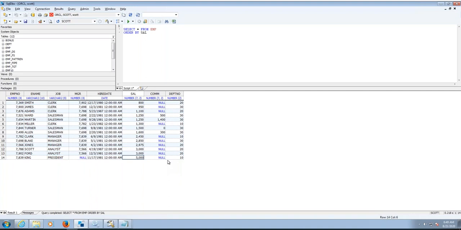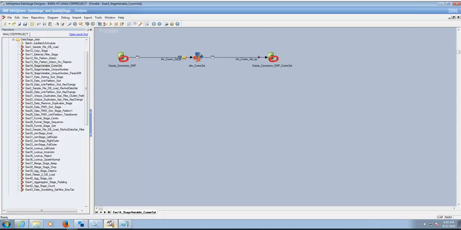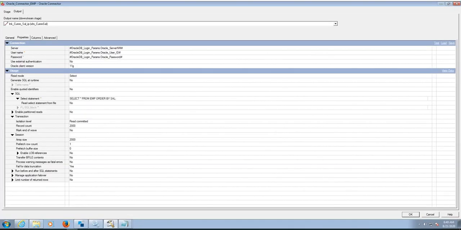So in the table itself, we can find out. So for that, what we need to do is create a stage variable. Okay, so we need to evaluate that expression, like adding the first record, and when it is the second record, we need to add the first record and second record. Like that, it has to continue for the rest of the records. Okay, so in order to do that, first of all we need to put the salary in order. Okay, so let's view the data here.